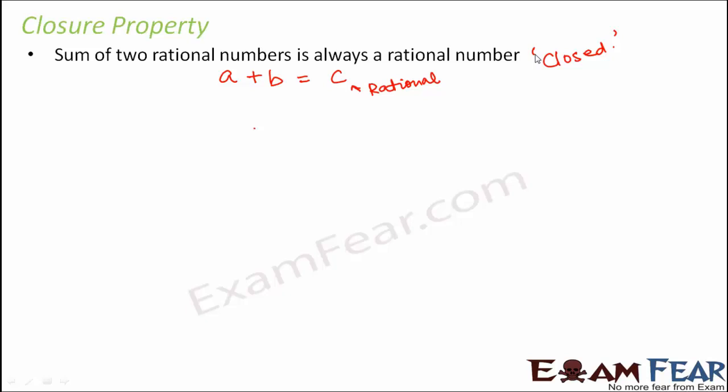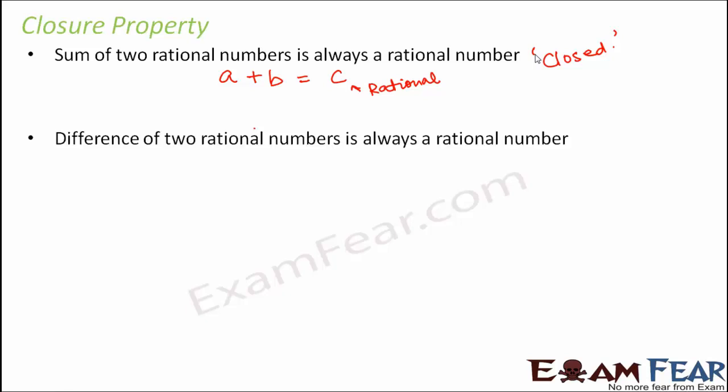Right? So that means you are basically closed for certain people. Once you have those people in place, you do not entertain anybody else. The same thing is true here. These rational numbers are closed under addition. That means for the addition property, they do not allow any other type of number to enter. They just allow the rational numbers. So they add up to form only rational numbers.